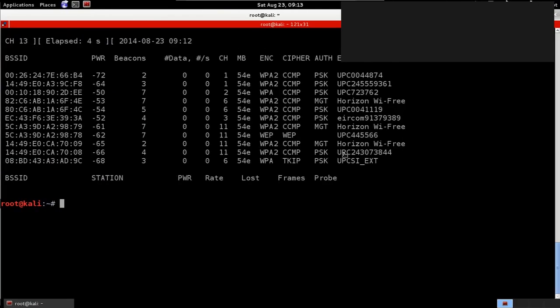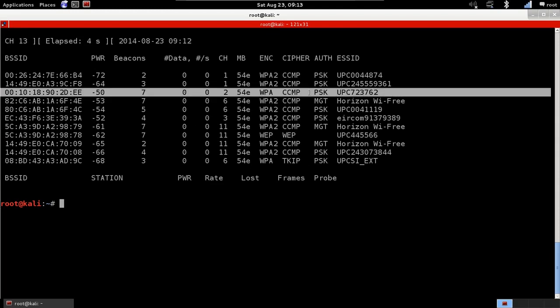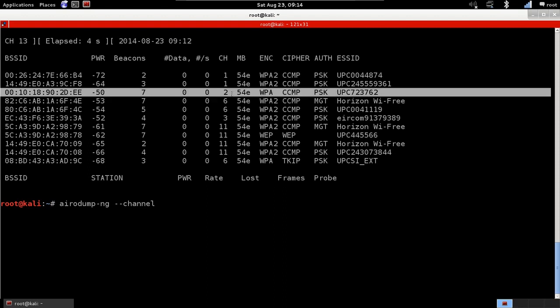So I have my output here from just running Airodump-ng on wlan0mon on all networks around me, and I'm going to target this network. That's my home network, UPC62. I'm going to start sniffing on that network only, instead of sniffing on all networks around me. To do this, we're going to use the same program, so it's Airodump-ng, and then we're going to specify the channel. I'm going to give the channel, and the channel here is number 2, as you can see here,